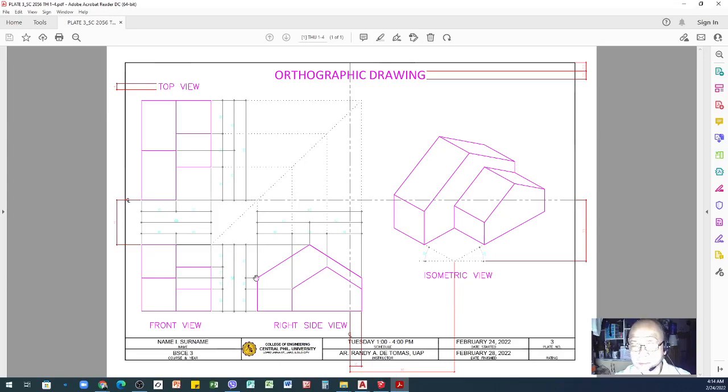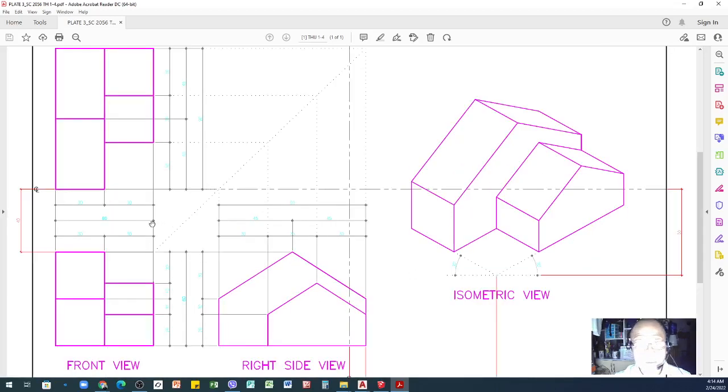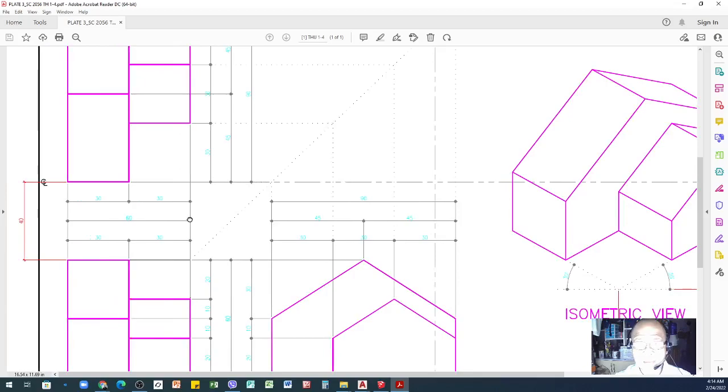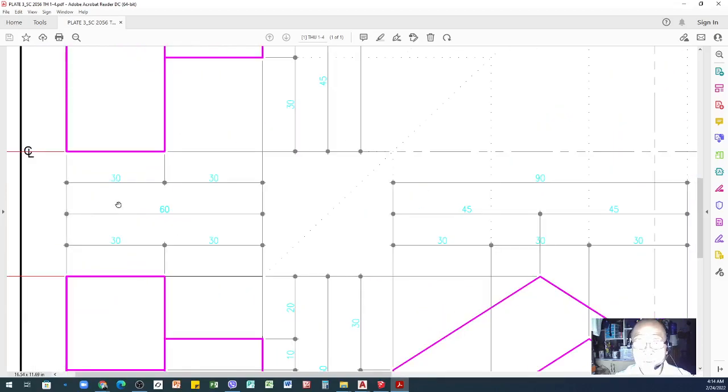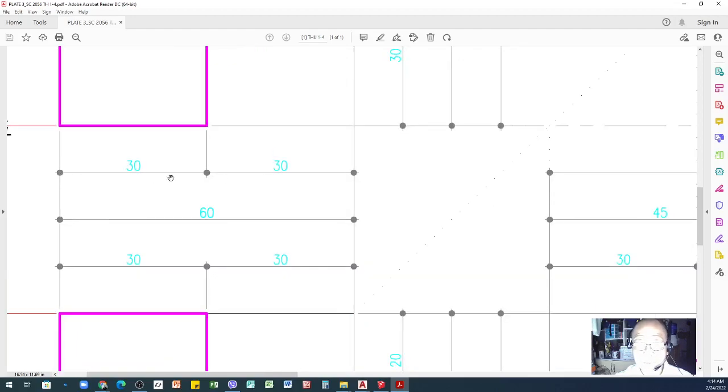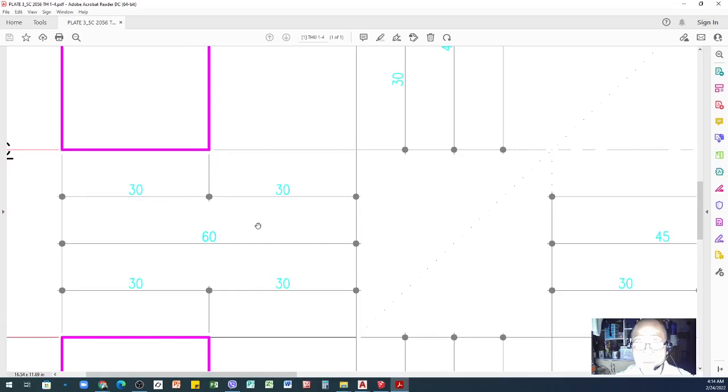All right, I will go to the AutoCAD file in order for you to learn how to do the dimensions in your drawing. What you can see here is I already indicated the dimensions, but I have not given you any instruction on how to make a dimension.